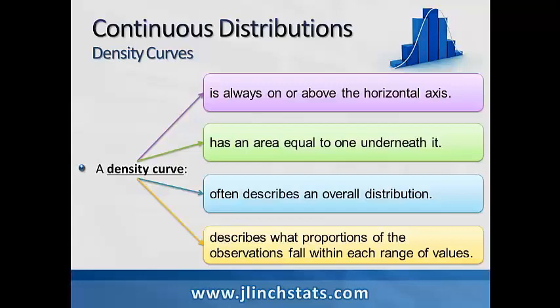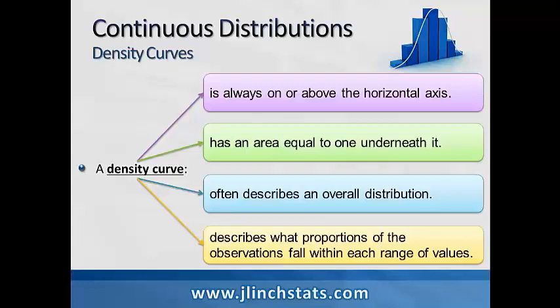Now once again, a density curve will always lie on or above the horizontal axis, because the area underneath the density curve is going to represent probabilities, and we know probabilities will always be positive. The density curve will always have an area of 1 underneath it, and recall that the sum of all probabilities in a probability distribution is equal to 1. Therefore, a density curve will always have an area equal to 1 underneath it, regardless of the shape of the